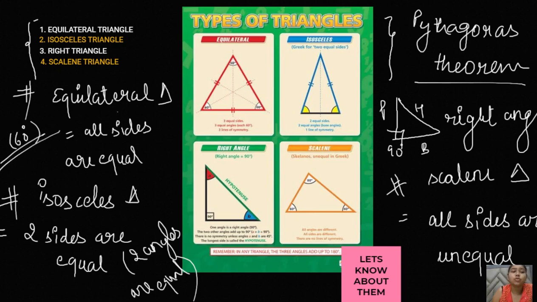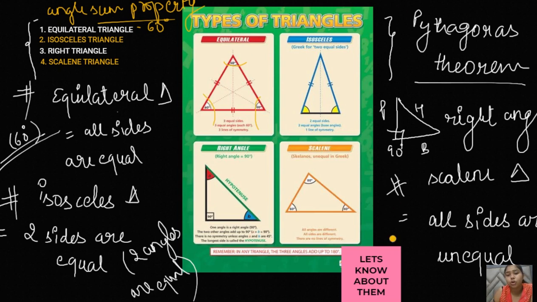Then I can ask you why all the angles in the equilateral triangle are of 60 degrees. Why so? We can answer this by our previous chapter, lines and angles. In lines and angles we have studied the angle sum property. We have studied the last theorem, that is the angle sum property, which describes that the sum of all the angles in a triangle is equal to 180 degrees. So since all the sides of an equilateral triangle are equal and all the angles are equal, each angle of an equilateral triangle is 60 degrees.